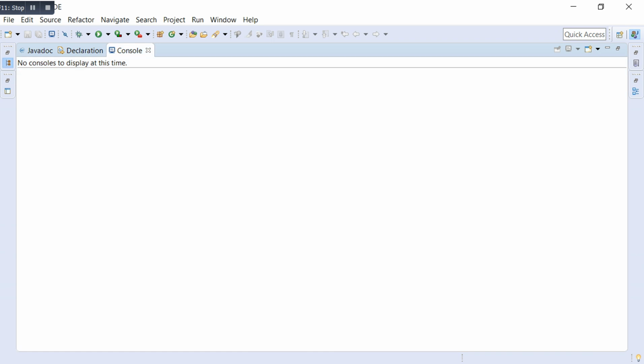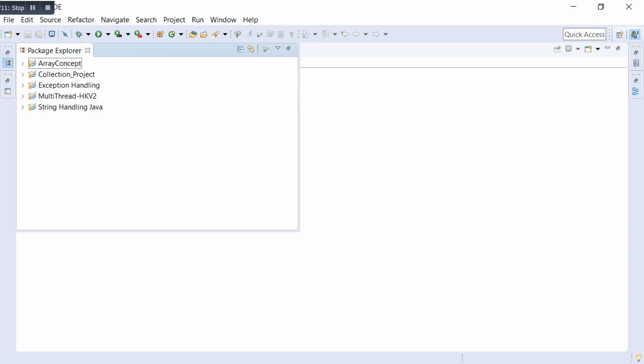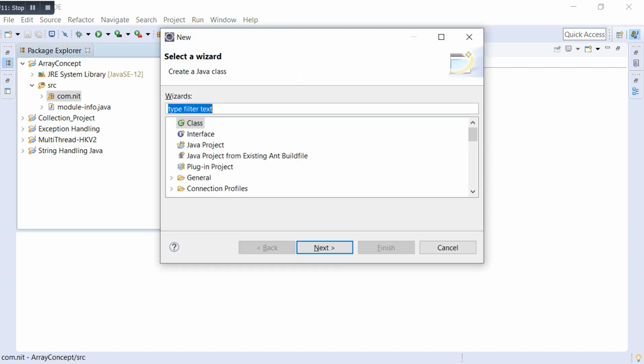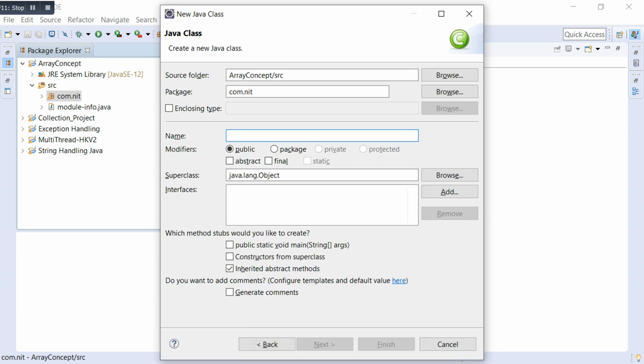First of all, you have to create one class. Go and right click on the project, src. Now go to your package, press Ctrl plus N, and click OK. Your class will be created, because this is the Eclipse IDE, and Eclipse is a very intelligent IDE. It can do everything automatically, and you just have to write the commands and use shortcut keys.